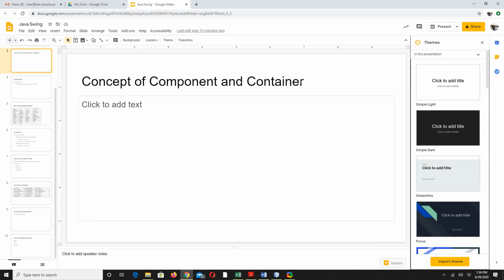Now there is another very beautiful and very interesting concept. Remember, many of the containers are also components. This is a very important sentence. I am saying many of the containers are also components. It is required because sometimes you would like to group components together and then put them on another container, right?